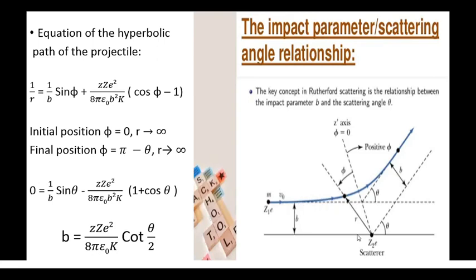Now capital Z into e is the charge of the atom, and small z into e is the charge of the alpha particle. That means the alpha particle is coming with a charge small z e, and here we are considering it as an atom, or we can say a positively charged nucleus, and that nucleus has a charge capital Z e,